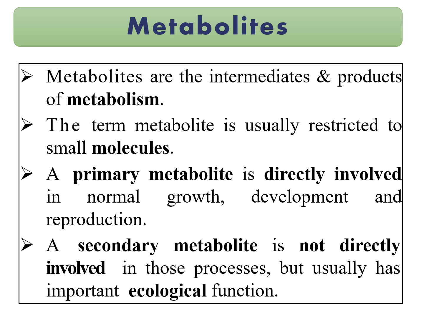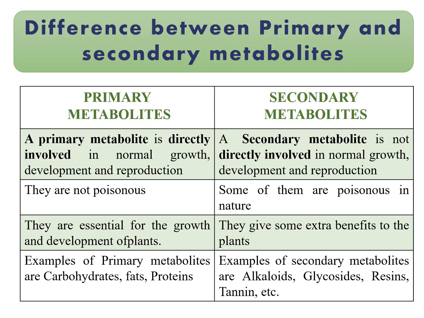Now, the metabolites are mainly of two types. If we are talking about plants, the first is the primary metabolite, and the other is the secondary metabolite. We also need to know the meaning of each. Primary metabolites are those formed in the preliminary state. Whatever process occurs inside the plants, the molecules formed during the preliminary steps are known as primary metabolites.